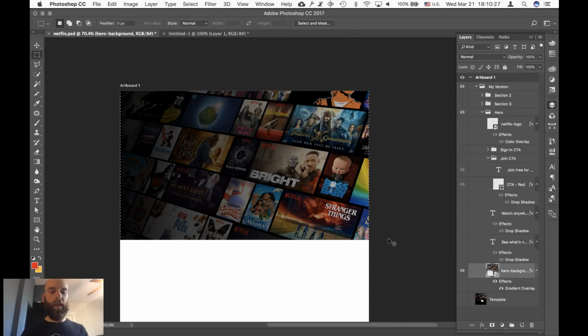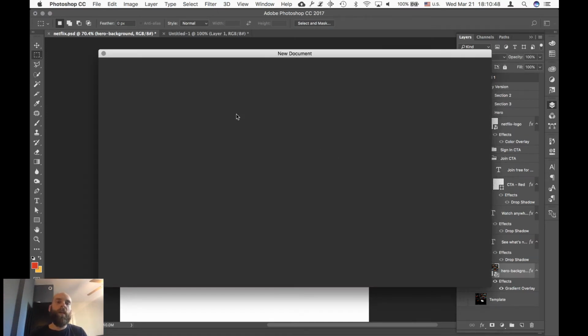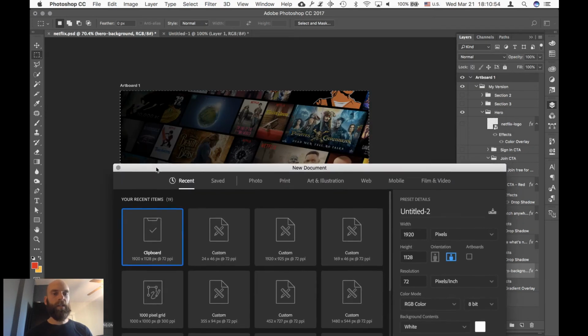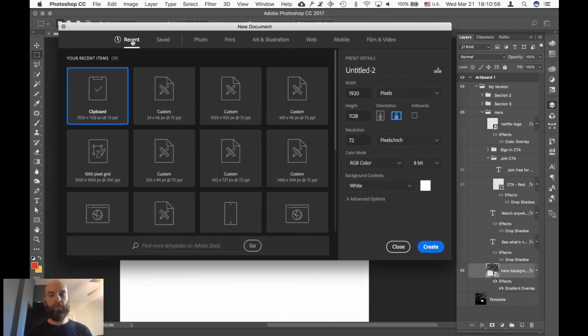and I'm going to press Command Shift C. Now the reason I did this is because the first time I only did Command C and it actually didn't include this dark gradient. Command Shift C is going to basically compress all the layers that are visible and copy them all together. So I'm creating a new file, and you'll notice the width and height is 1920 by 1128, so that's the size of this thing that I cut. Create,